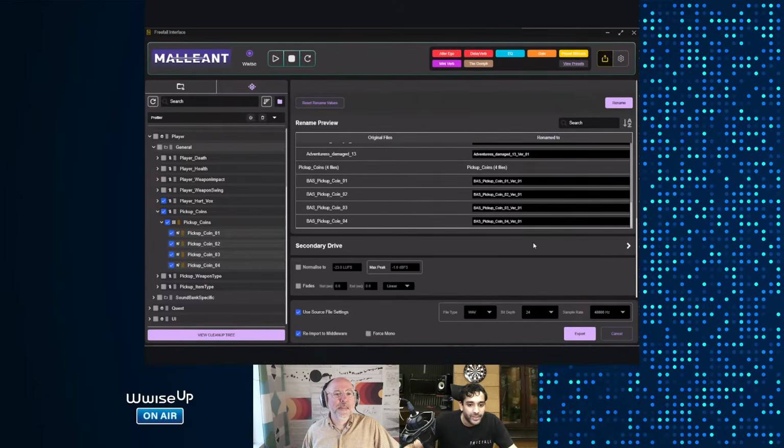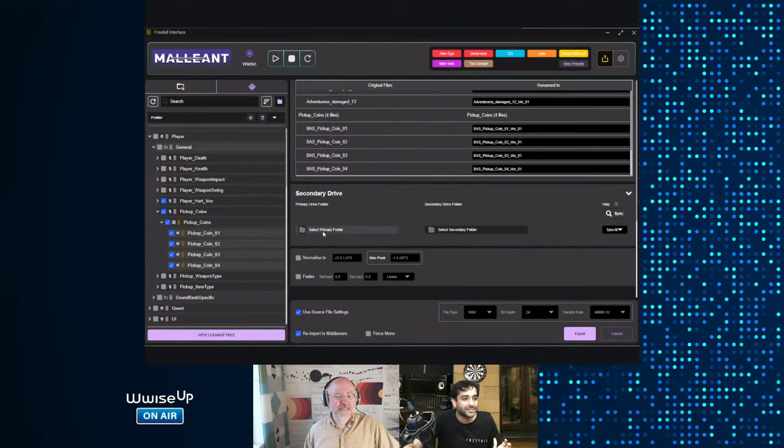Cool. That's out of the way. Then you do secondary drive. Secondary drive is a feature where outsourcing studios like myself have a client repository and our own repository. I'm trying to make sure both of my repositories are in sync, so that my own repository, which is a backup, never goes awry. The secondary drive feature allows you to sync that.